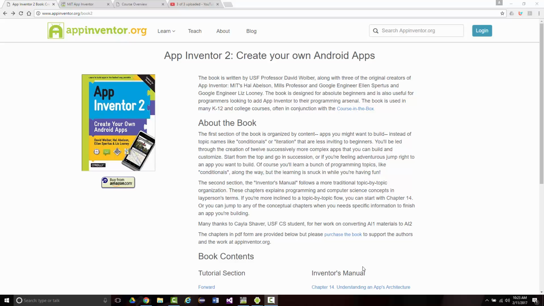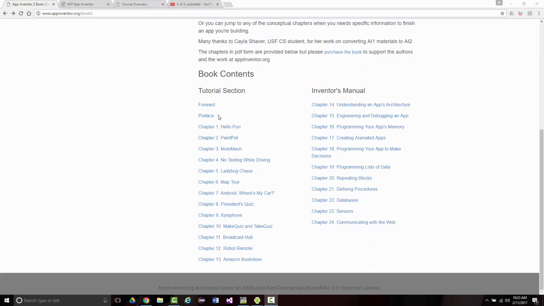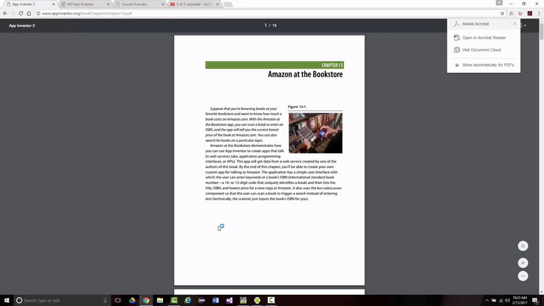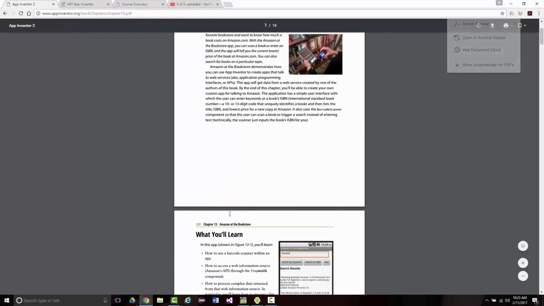AppInventor2, Create Your Own Android Apps, by Wolber, Abelson, Spertus, and Looney. I've now gone through the first 12 chapters. Before I go on to Chapter 13, the Amazon bookstore, which I am going to go into next. But before we do that,